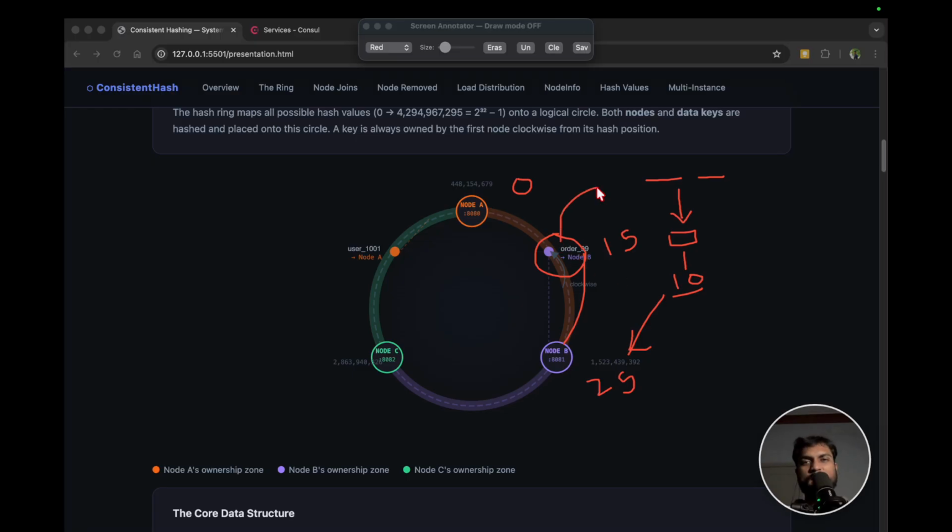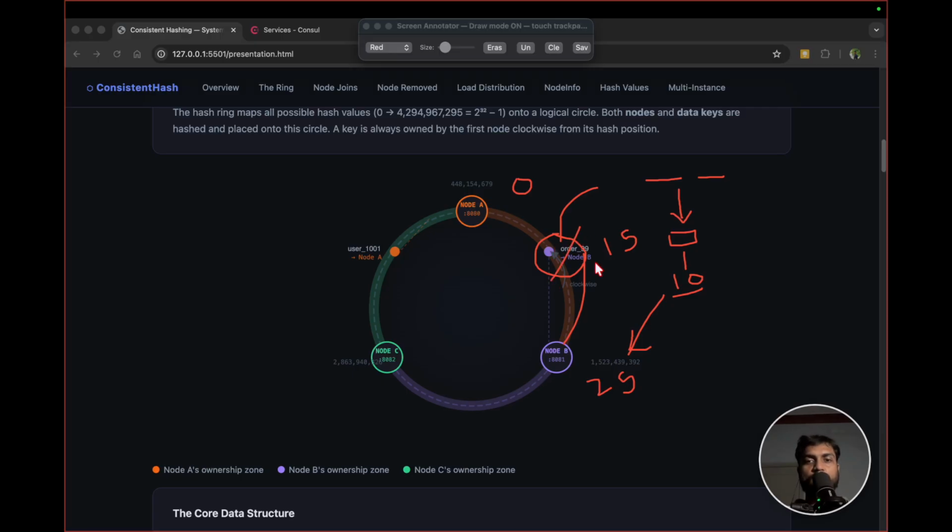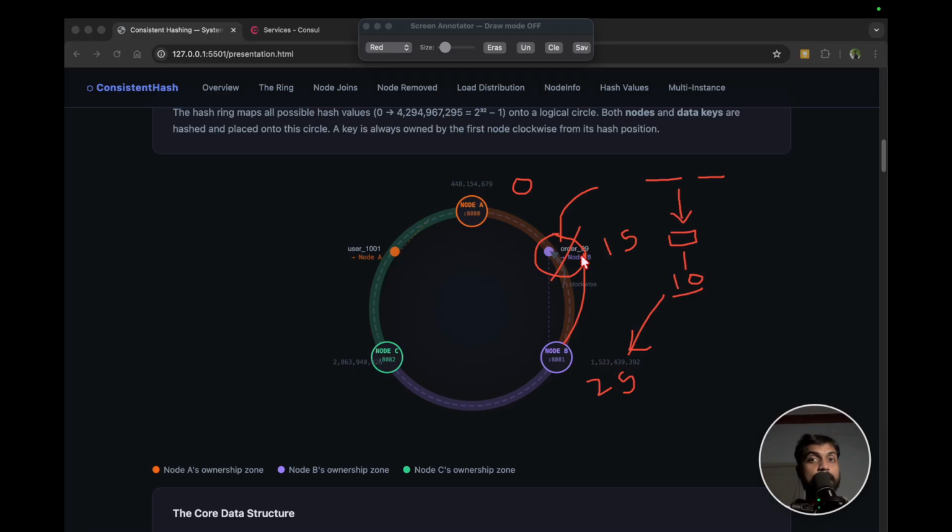Okay, so the same phenomenon happens when a node gets removed. Let's say this node got removed. In this case the data is already replicated in these nodes. So those nodes will automatically rebalance and transfer the data to the other nodes according to the hash structure. Okay, so this is an overview of how databases like Cassandra work on the concept of